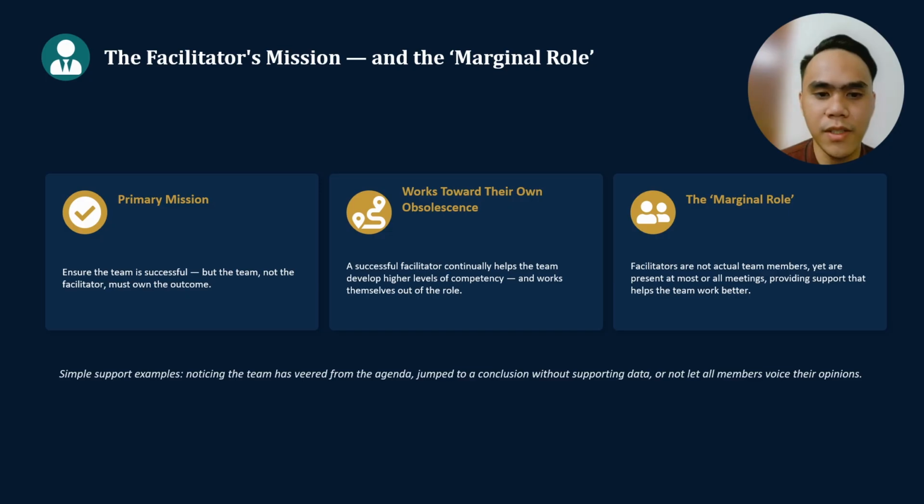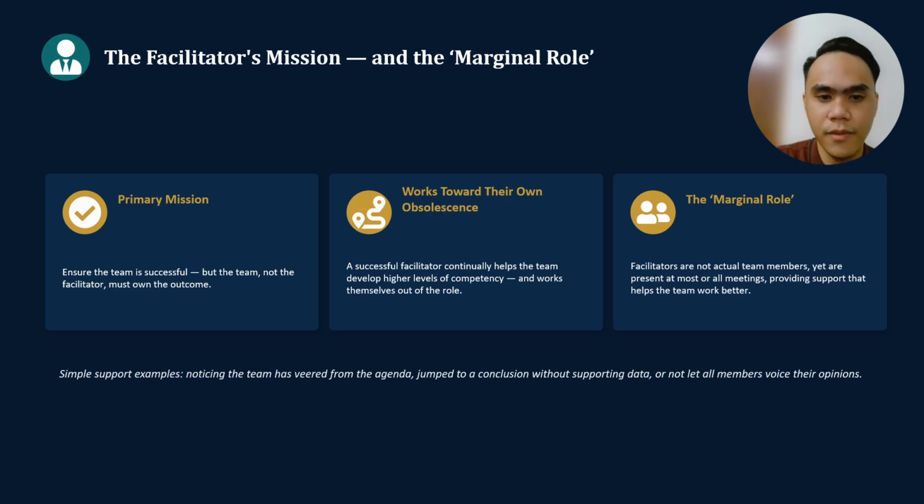So this topic gives some genuinely simple examples of what that support looks like in practice. Let's say, for example, notifying the team when it has veered from a meeting agenda, when it has jumped to a conclusion without supporting data, or when it has not allowed all members to voice their opinions. Notice none of these examples involve the facilitator offering a technical opinion on the actual subject matter. They're all about the health of the process, which sets up the content versus process distinction that we'll cover